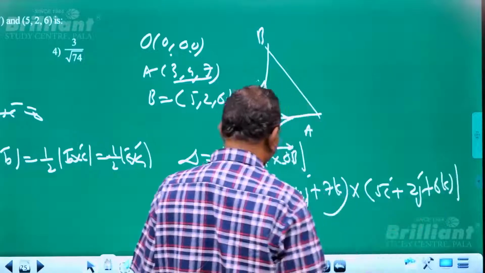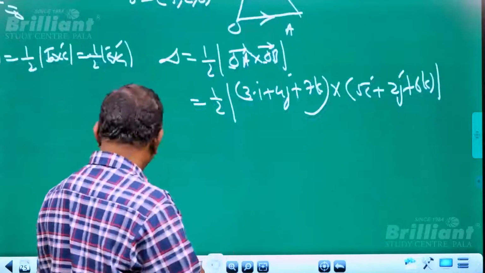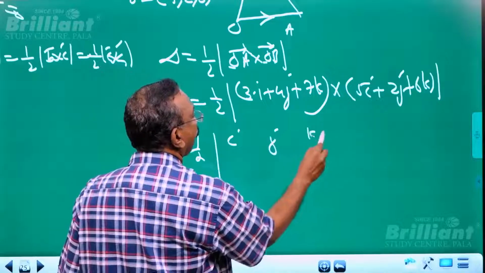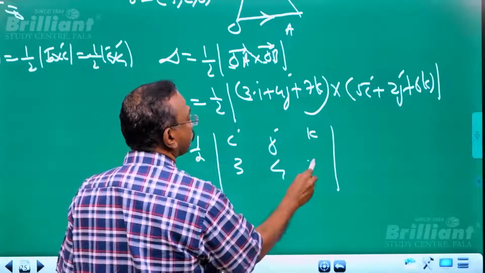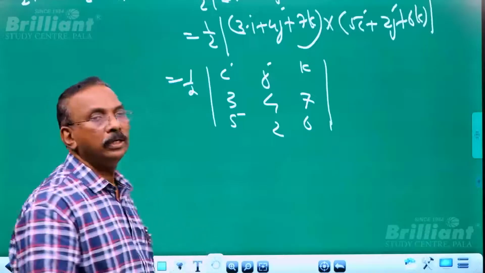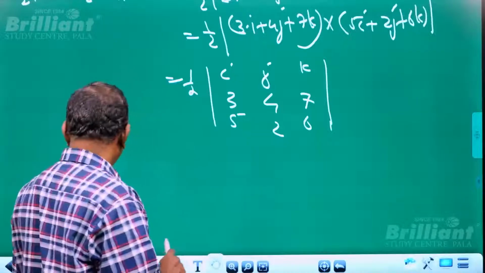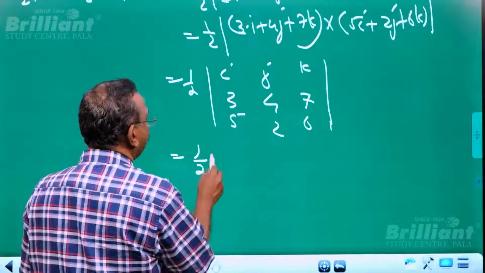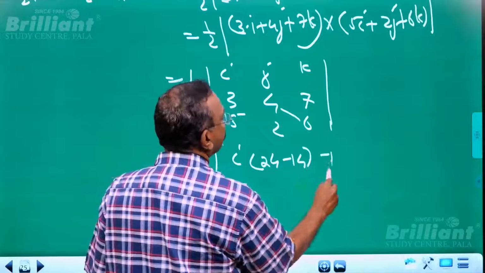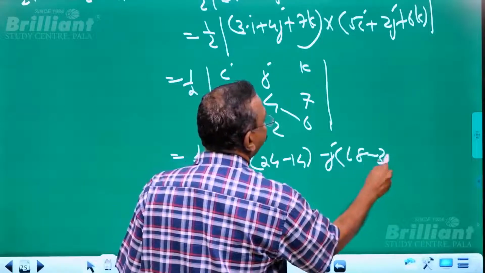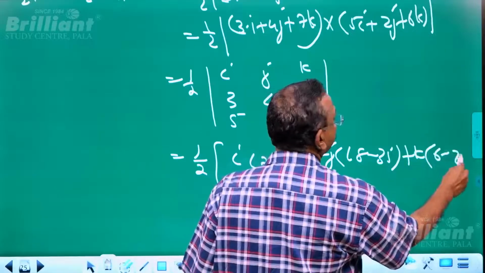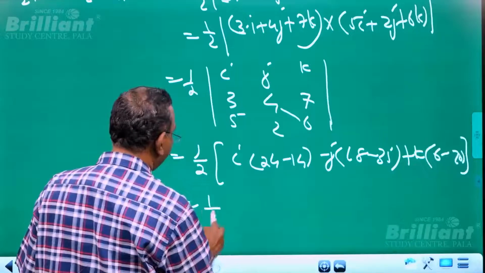So you just find the cross product of that vector and take the modulus, which will provide exactly the area. So it is 1/2 times the determinant of i, j, k; 3, 4, 7; and 5, 2, 6. This will be the vector area of this triangle. So you can find the vector first, and after that you can find the modulus. The vector is i(24 minus 14) minus j(18 minus 35) plus k(6 minus 20). So this will be 1/2 times